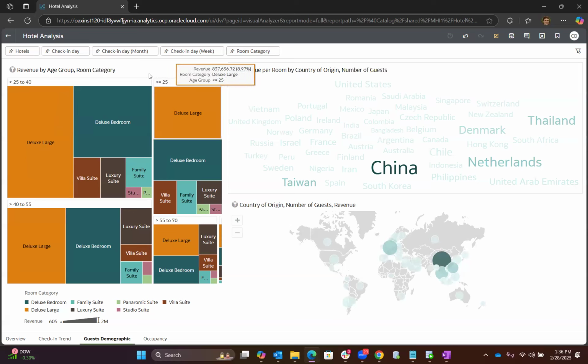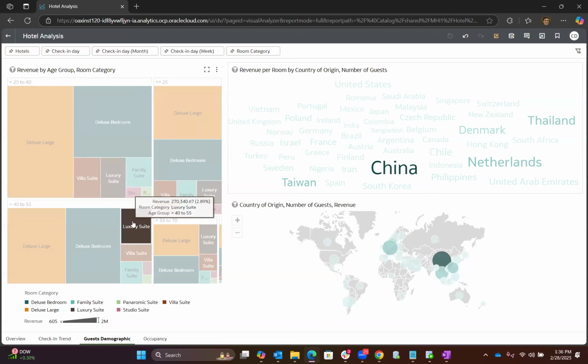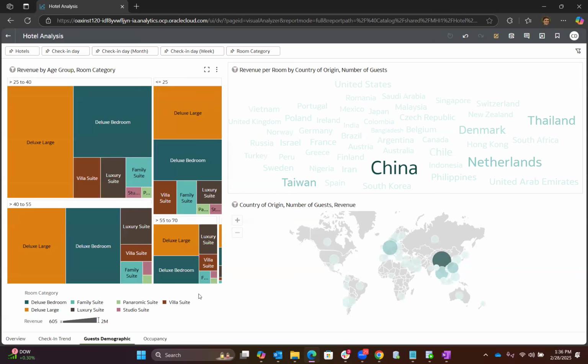Now, over here on the left with this other dashboard, which is revenue by age group based on the room category, just a quick hit to point out to you all is the luxury suites. You can see that it is more of an offering that the older demographics are picking up on. So if, again, being some level of a manager, analyst, or C-suite exec, I may want to do a more targeted upsell approach to those specific demographics, just knowing that statistically speaking, they're more likely to purchase than the younger ones. So just some really cool KPIs